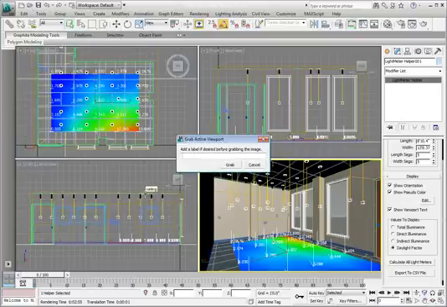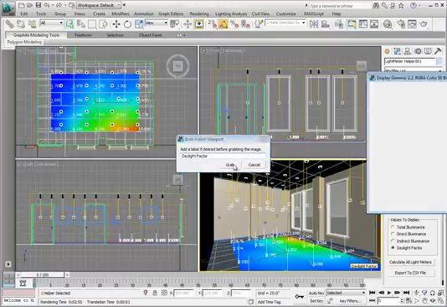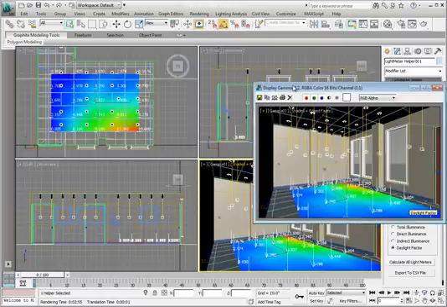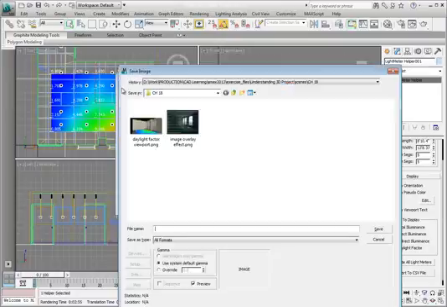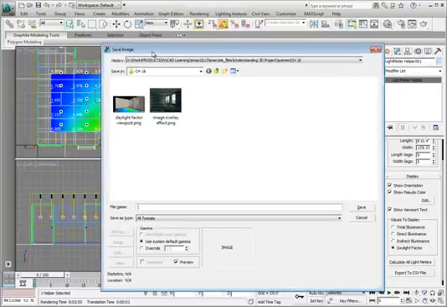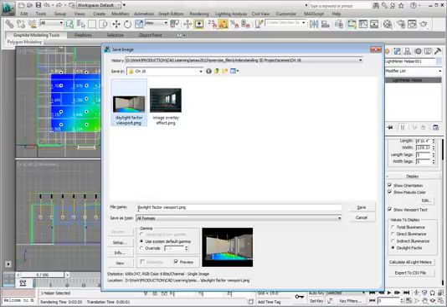Here we can name this viewport, so type Daylight Factor into the name type-in. Then click Grab. This captures the viewport and shows it in this dialog box. It also puts a little box down at the lower right with the name Daylight Factor. To save the file, click on Save Image in the top left of the image display dialog. For the file name, enter the name Daylight Factor